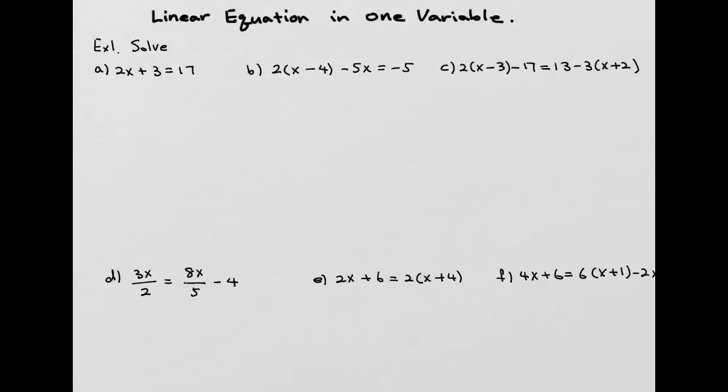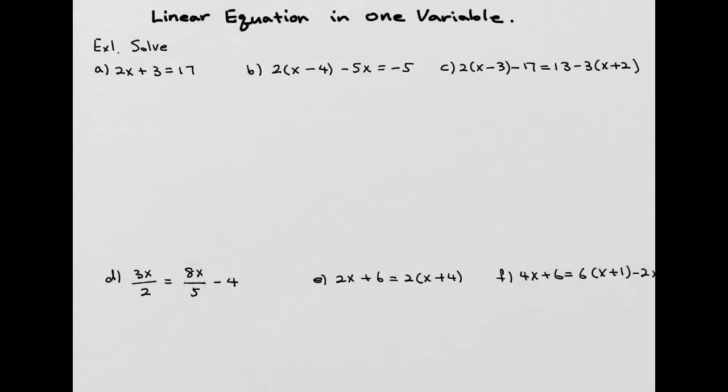So when we're solving, we need to remember to try to isolate the unknown on one side. In this case, your unknown is x, and move everything else to the other side. So isolate the unknown variable on one side, move all these numbers to the other side to be able to solve